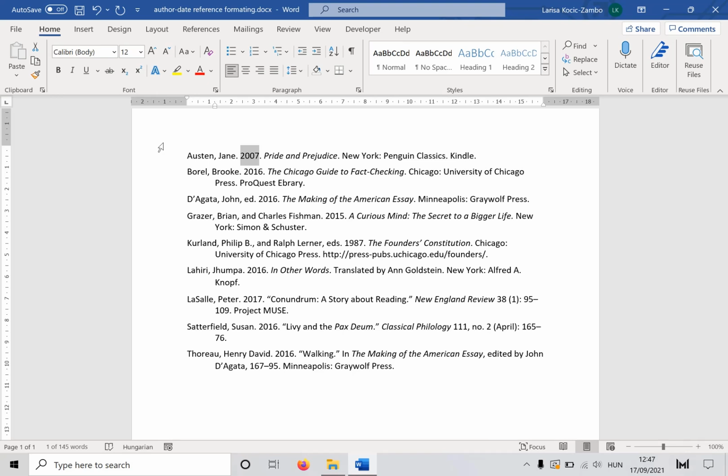So you are not referencing the title of your source, which can be quite long, or even longer, in some cases extensively so. So instead of that, you provide the date. So if your reader wants to look up what source you are referencing within the text, they will be looking for the author's name and the date. So the date, the publication date, must always be the second item in your